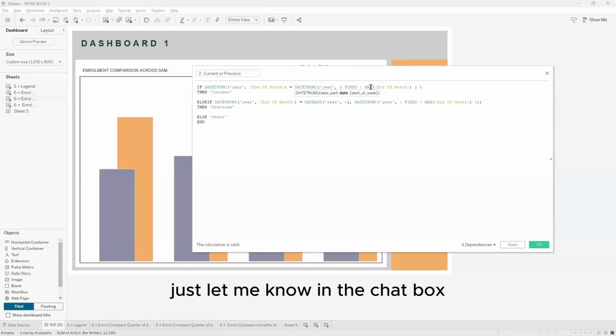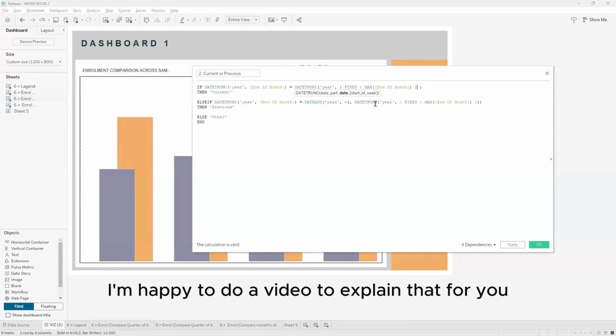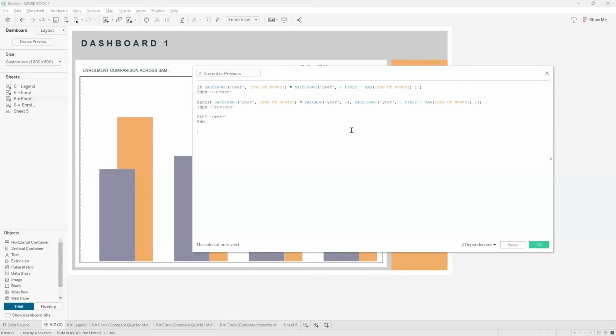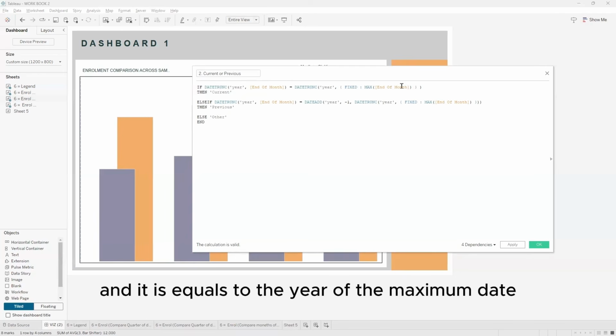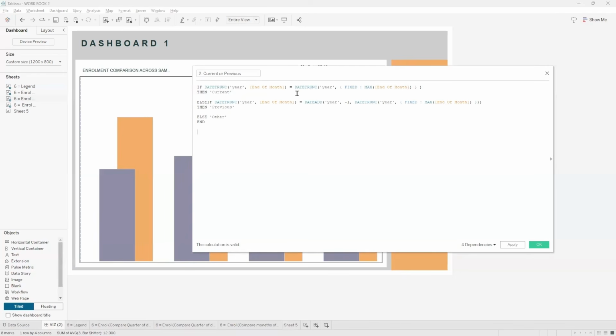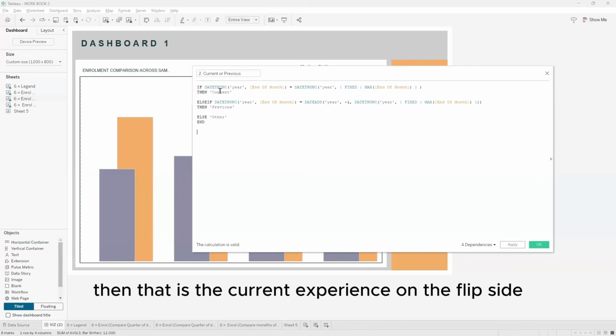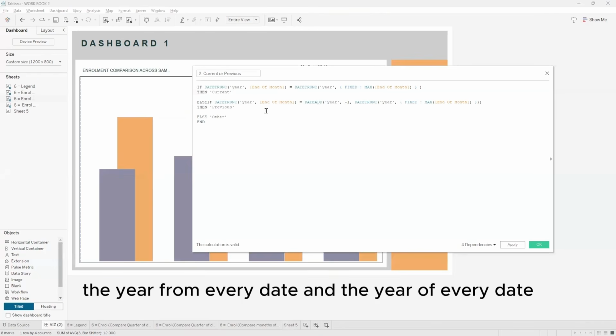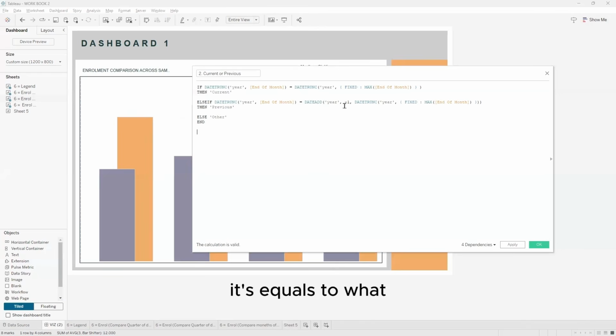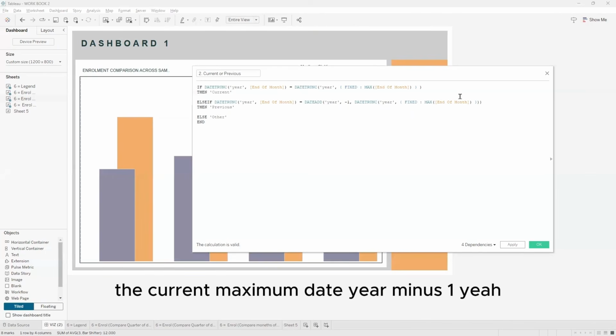Now, if you don't understand this, just let me know in the chat box. I'm happy to do a video to explain that for you. So if you take the year from each date, and it equals the year of the maximum date, then that is the current experience. On the flip side, if you take the year from every date, and it equals the current maximum date year minus 1,